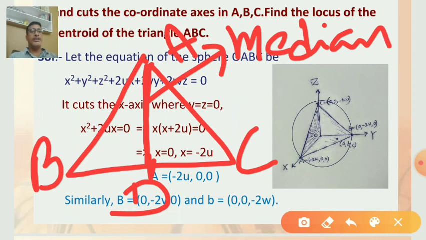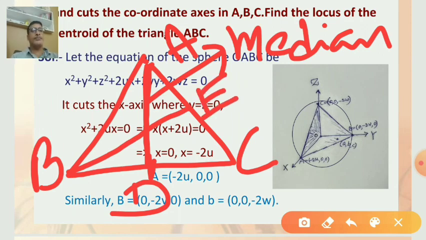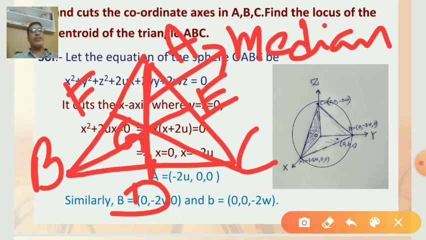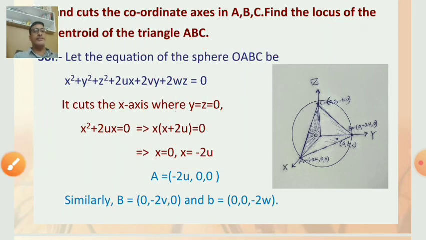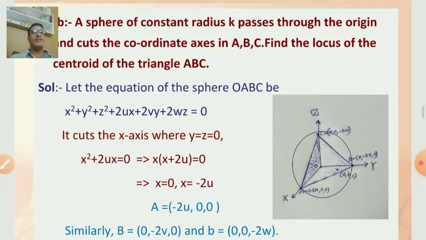Similarly, B can be joined to the midpoint of AC to get another median BE, and C can be joined to the midpoint of AB to get the third median CF. We can observe that all these three medians are concurrent at some point. This point of concurrence is called the centroid G. What is the principle to find the centroid G? I will explain later. First of all, let us take this.